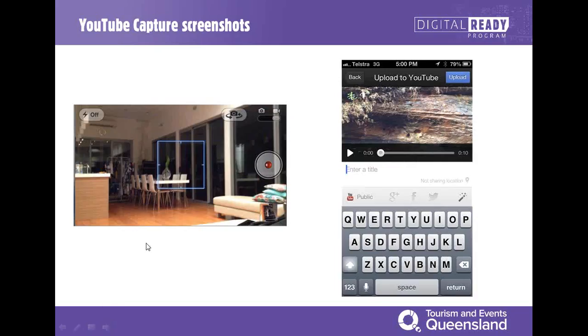Okay. So when you are taking YouTube videos, a couple of extra hints and tips for you: always shoot your video in landscape. In other words, turn your phone so that it's in landscape, and in that respect it will fill the whole screen. If you leave it in portrait, so upright, you'll get these black bars on either side of your finished video, and it's almost not showing the full view of your video, so it's not as nice. So always make sure that your camera is turned.